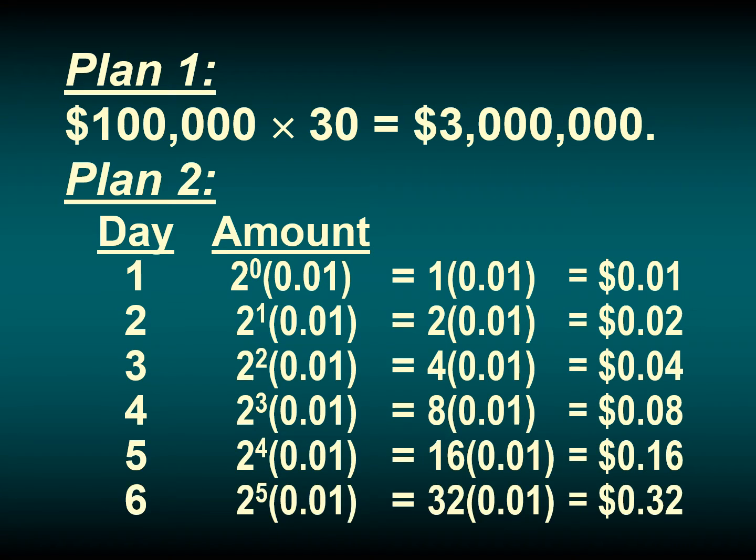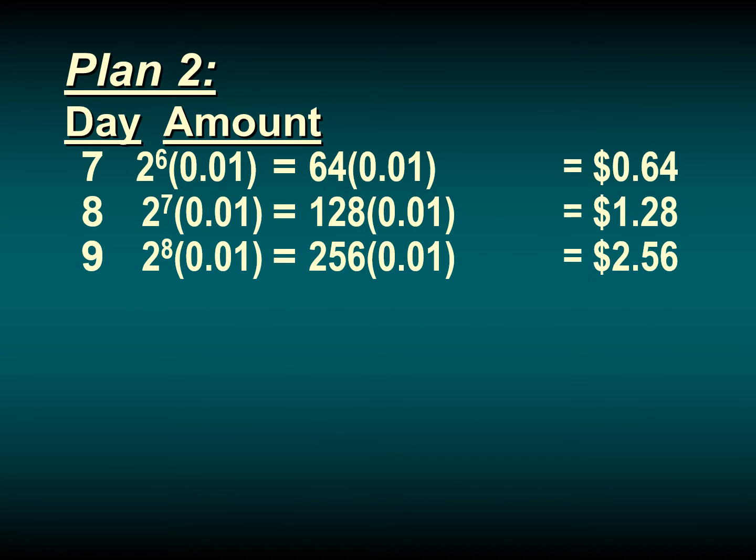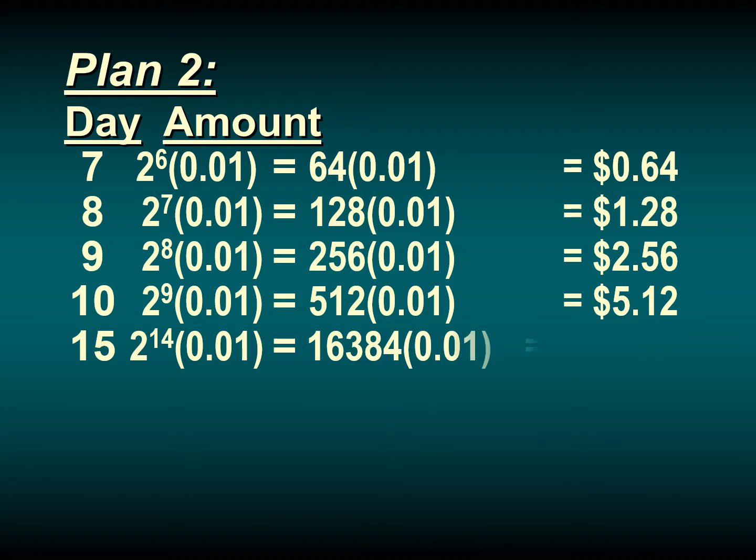So I keep going, and on day 6, I'm up to 32 cents. And I keep going. Day 10, I'm finally at $5. Let's jump to day 15, right? So if you've noticed, for every day, my exponent is just 1 less than the day that I'm on. So if I'm on day 15, that means my exponent is 14. That means I've doubled 14 times. And I'm finally at